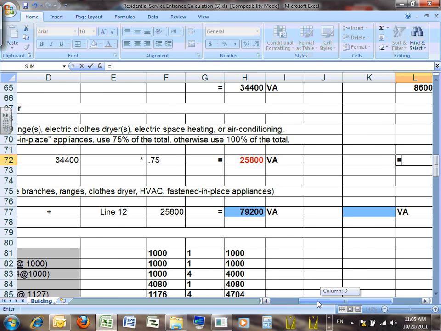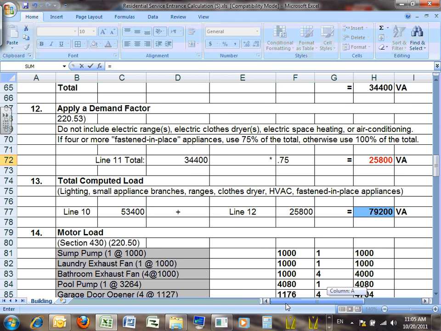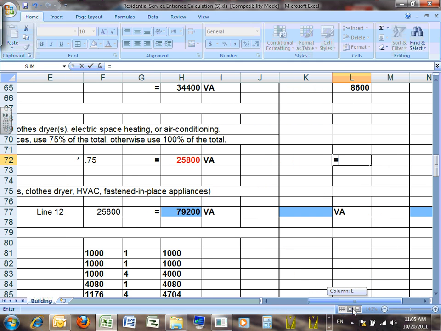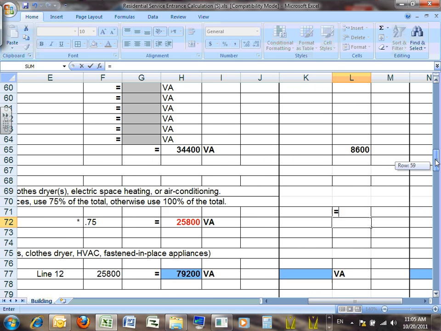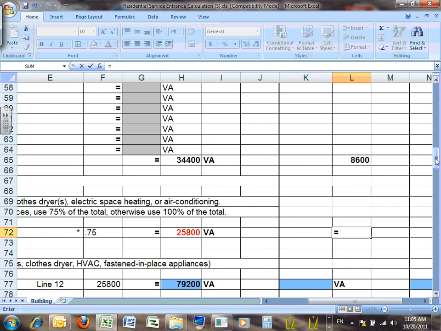0.75 electric space. Okay, so this will be equal. Just trying, where am I in the line? Total computed load. Yep. Demand. Yep. Here you go. That particular step. This equal this number multiplied by the demand factor right here. Off it goes, 75. And make sure, my friends, to highlight this one in red, because that's the